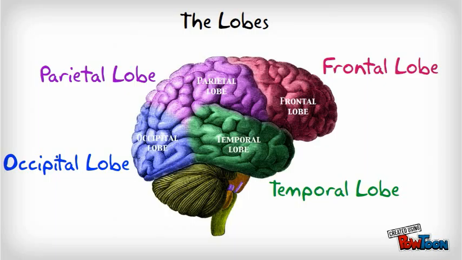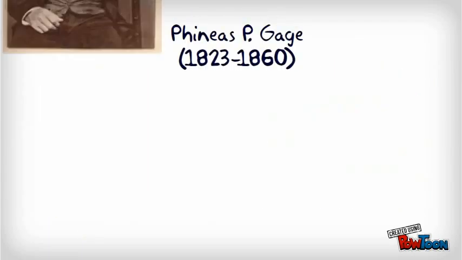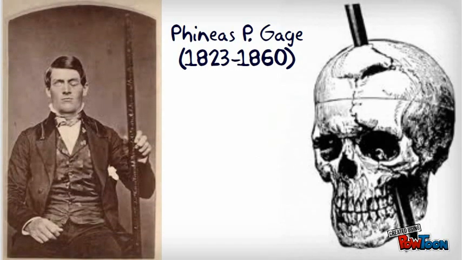lobe. The frontal lobe is involved in speaking, muscle movement, making plans and judgments, inhibition of impulses, and working memory and processing new memories. Phineas Gage, an American railroad construction foreman, had a metal rod shot through his skull during